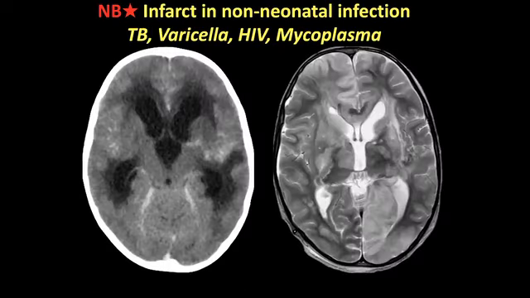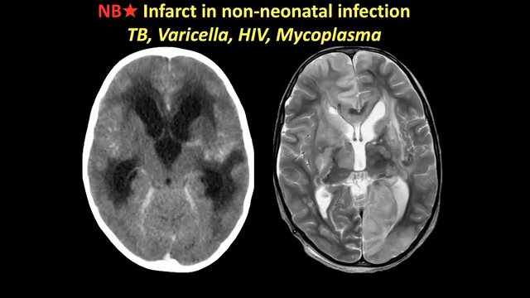So when we do see infarcts in older children, what do we need to consider? Well, we've already talked about TB. TB gives you the basal meningeal enhancement, thick exudates that surround the basal cisterns, particularly the MCA vessels, and cause a lot of perforator infarcts, as we're seeing in this patient. But the other things to consider when we have infarcts as a marker of infection are varicella, HIV,